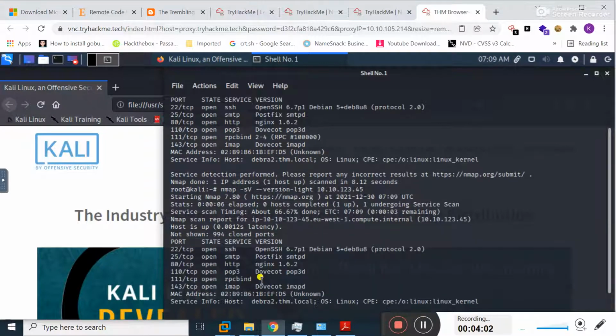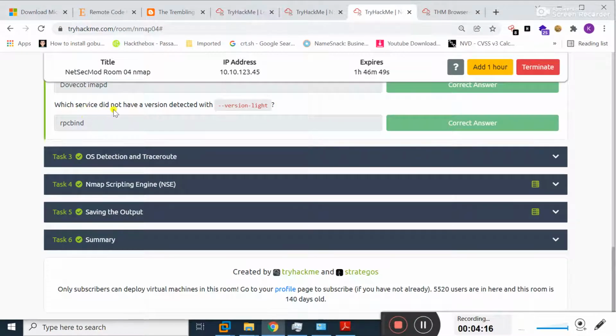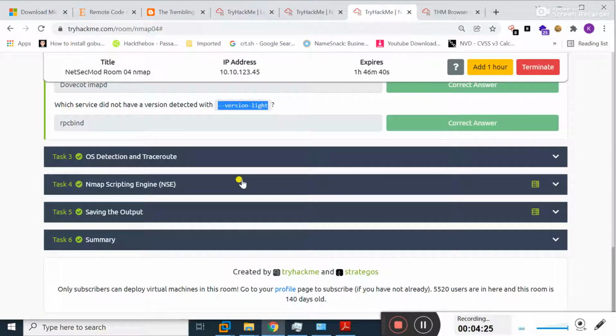In this result, the service RPCbind is present against port 111, but the version of this service is not shown. So the question is which service did not have a version detected with this switch? Simply you can see this is the service that did not detect any service version by using this switch.